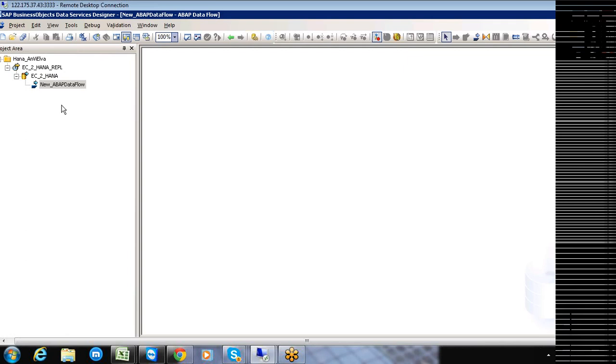BODS is going to create an ABAP program that will be executed on the ECC side in order to extract the data from the KNA1 table. That is the understanding here. Okay. That ABAP code is stored in the BODS, right? It's not going to be stored on the ECC system. No, it's not a question of storing. It is a question of generating. Who is going to generate the ABAP program? BODS itself is going to generate the ABAP program. Perfect. I got it.